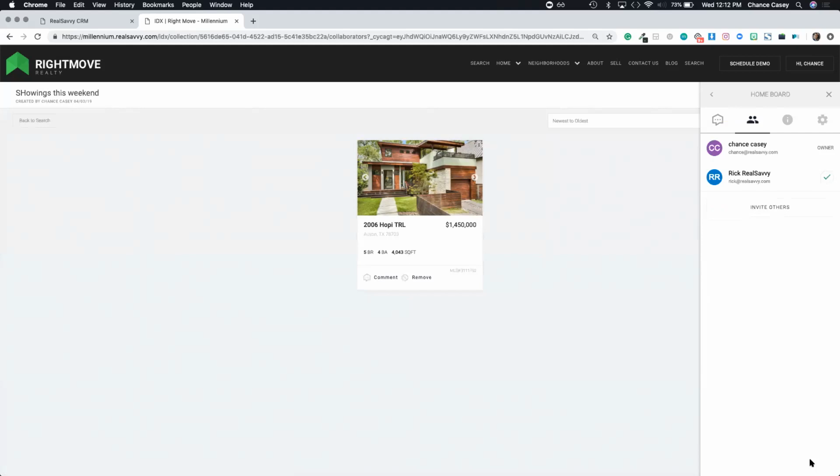Another useful feature for the boards is if you're a broker, you're a member of a team, you can create one of these boards, and I could call it maybe Rightmove Realty listings. And I can go through and have all my agents pin their homes to that board. So then we have a collection of all the office listings, and we can go through and start leaving comments